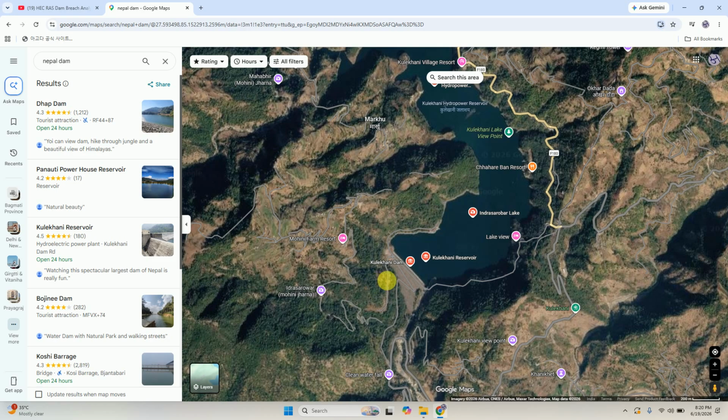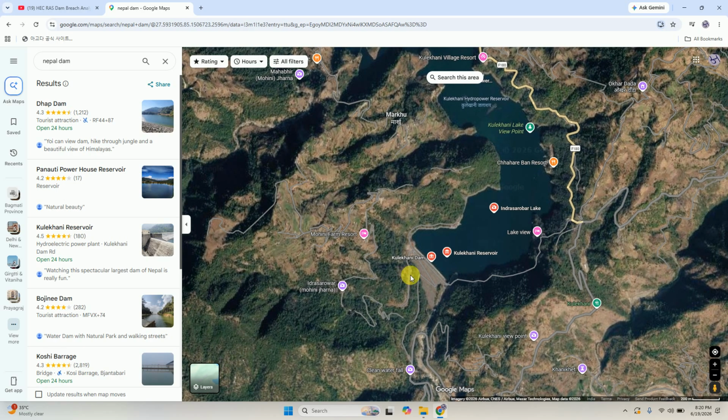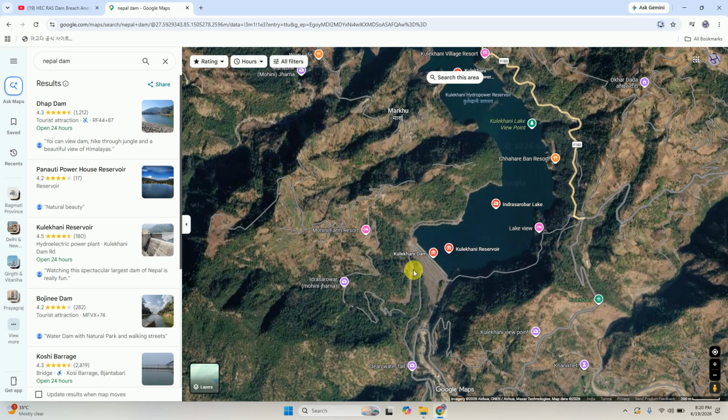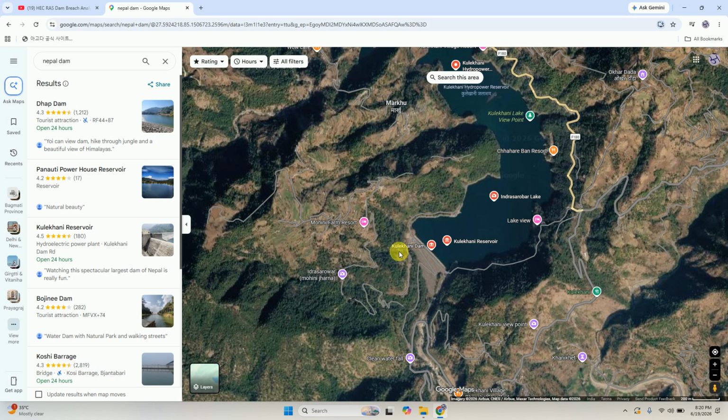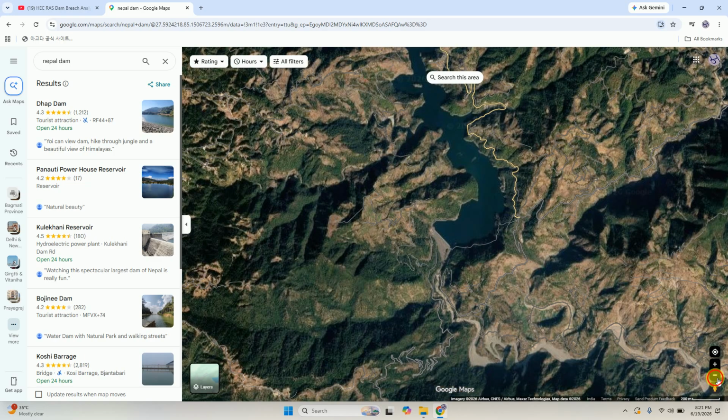So first of all, we have to select a dam. You have a dam, or you should have a dam to do the dam break analysis. So I have selected this Kulekhani Dam, which is situated in Nepal. Kulekhani Dam, and this is Kulekhani Reservoir. The river is coming from this direction, it goes toward this direction, and which you can see